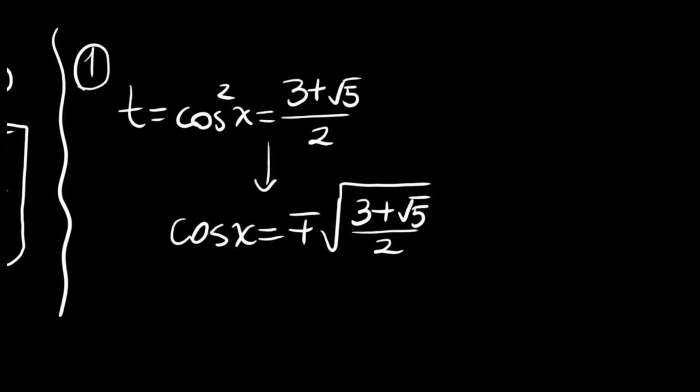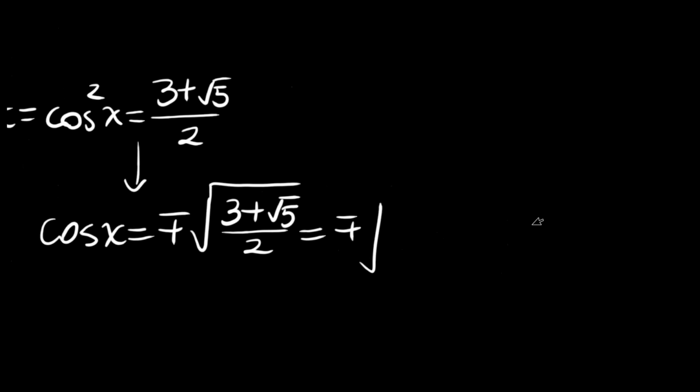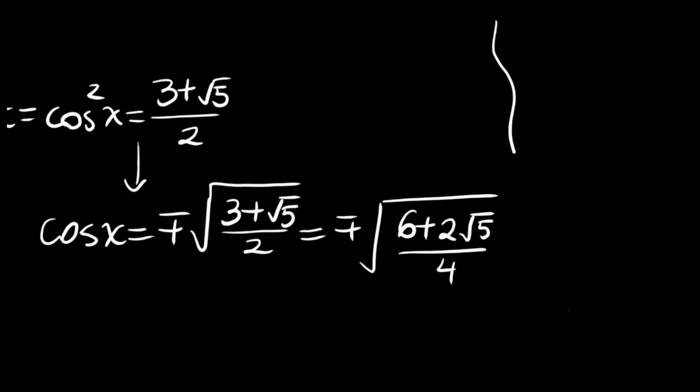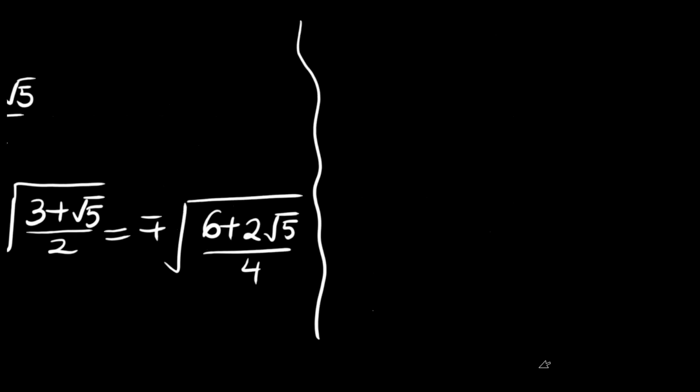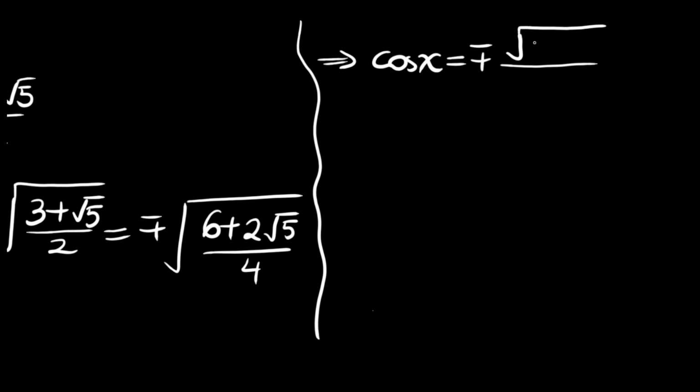And the square root of this number is, let me just continue here, multiplying by 2, we will have 6 plus 2 root 5 divided by 4, and this is now equal to, let me just write here, cosine x is equal to plus minus the square root of this 6 plus 2 root 5 divided